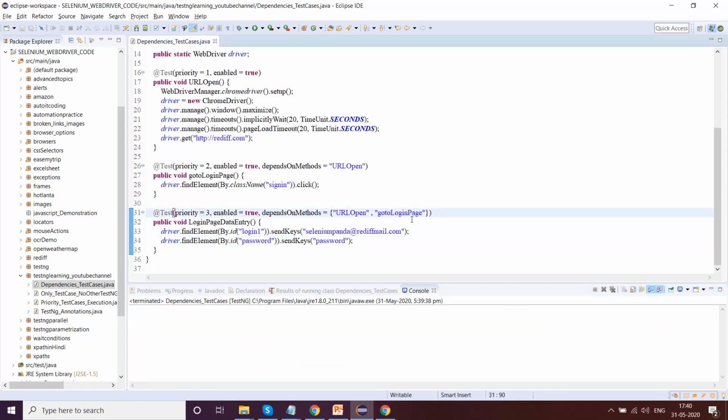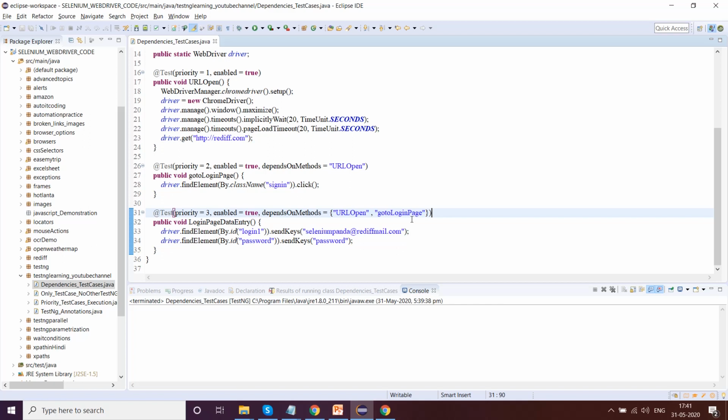Now the question comes, why do I need these things? Sometimes what happens is, this is just an example of 3 test cases. Let's say for example there are 50 test cases and you are disabling 4, but the other 46 have a certain dependency on each other. Then you have to mention this, so it makes your tasks a little easier. Then you can set up a priority, and then you can do all these things.